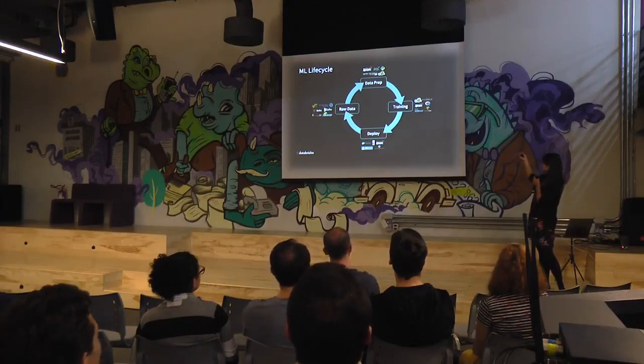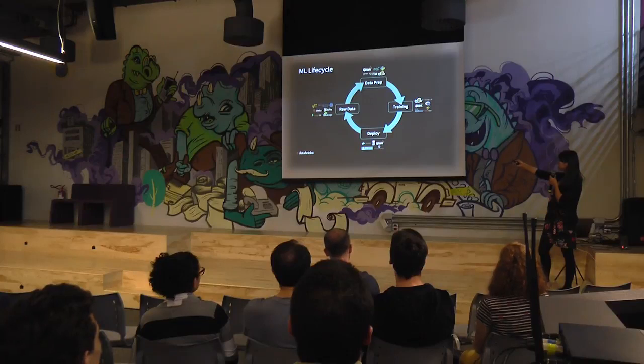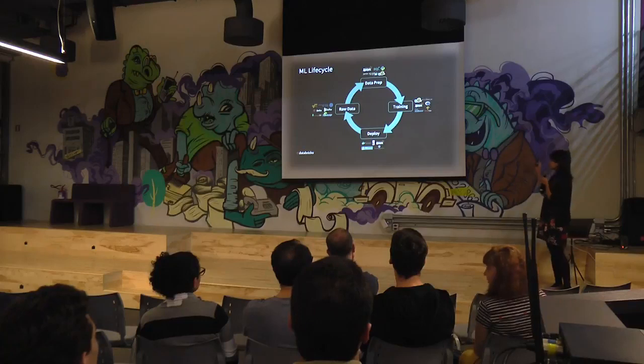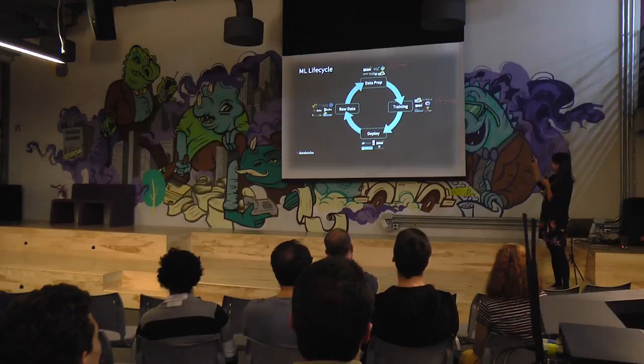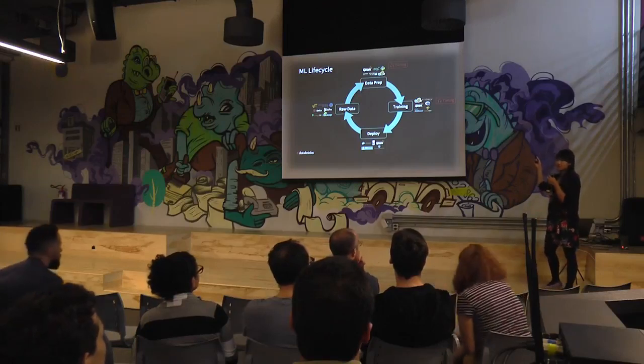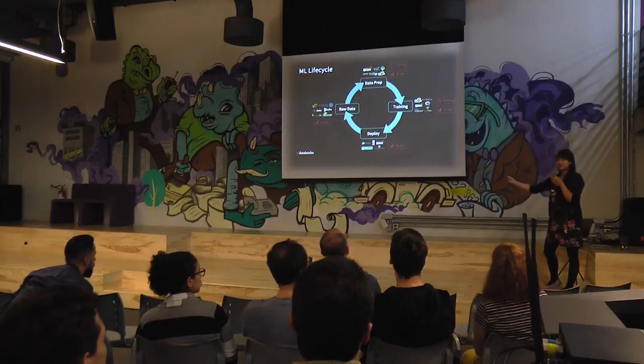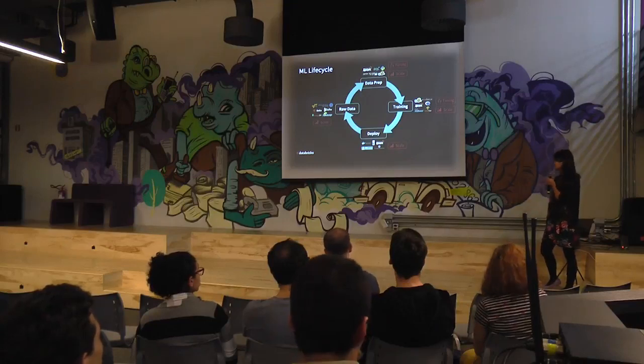For training, it could be XGBoost, TensorFlow, again multiple machine learning frameworks that you're using. And then for deploy, you could be using Docker, SageMaker, or Spark for batch predictions. So there are multiple tools at every step of the ML lifecycle. And at these two particular steps, data prep and training, you'll be doing hyperparameter tuning, running it again and again and optimizing for the best models. And at some point, you will want to scale that so that you're not only running on your own laptop, you want to maybe run it remotely on remote machines.